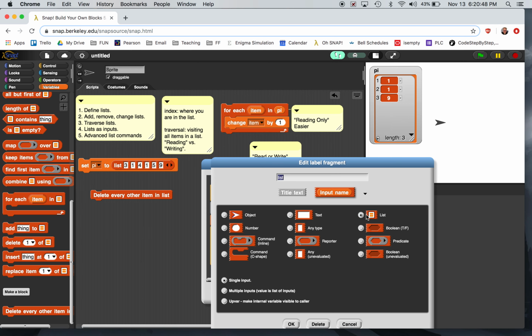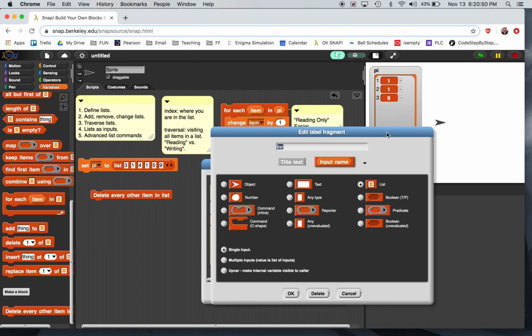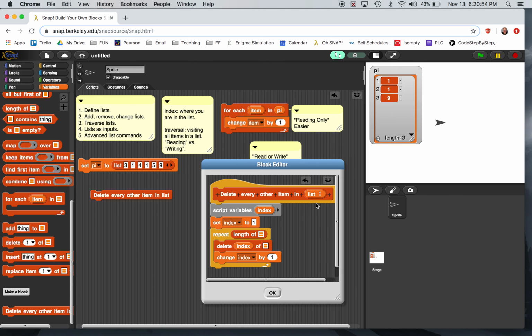The word list, I'm expecting whoever programs with this custom block to give me a list. So we say delete every item in list. And this is what I drag into length of and delete index of, so on and so forth. So we'll say repeat length of list,